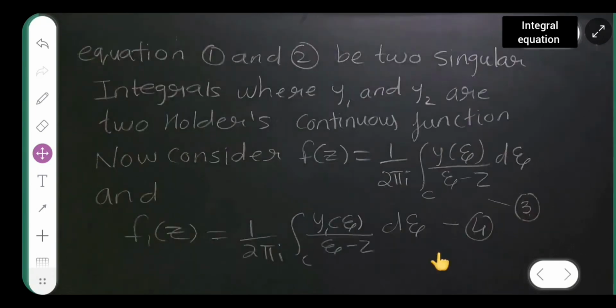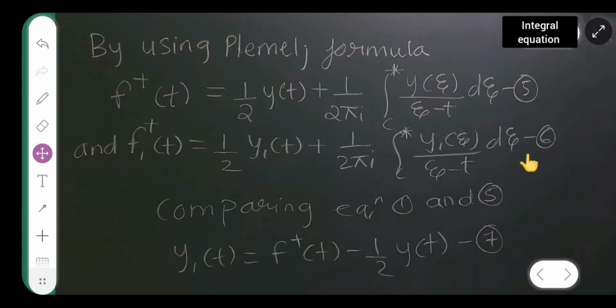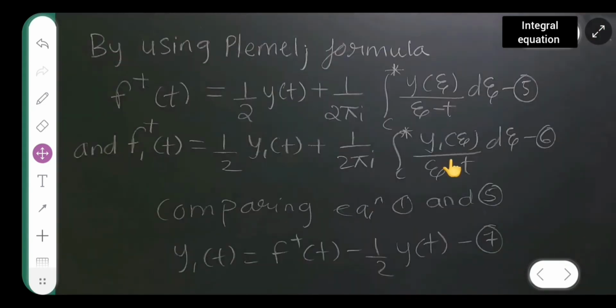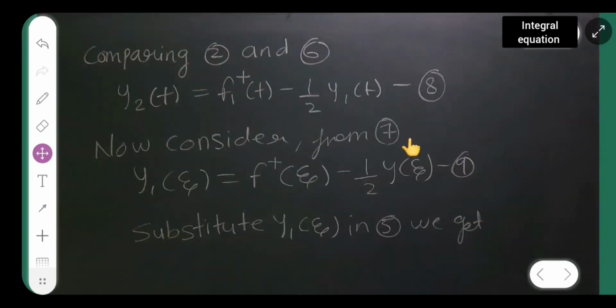That you have to substitute in 6, this one. So I will get y2 of t is equal to f1 plus of t minus half y1 of t, and take this as 8, okay? Now you will have to consider from 7. Now consider this, and wherever there is t, replace it by xi. So y1 of xi is equal to f plus of xi minus half y of xi, and take this as